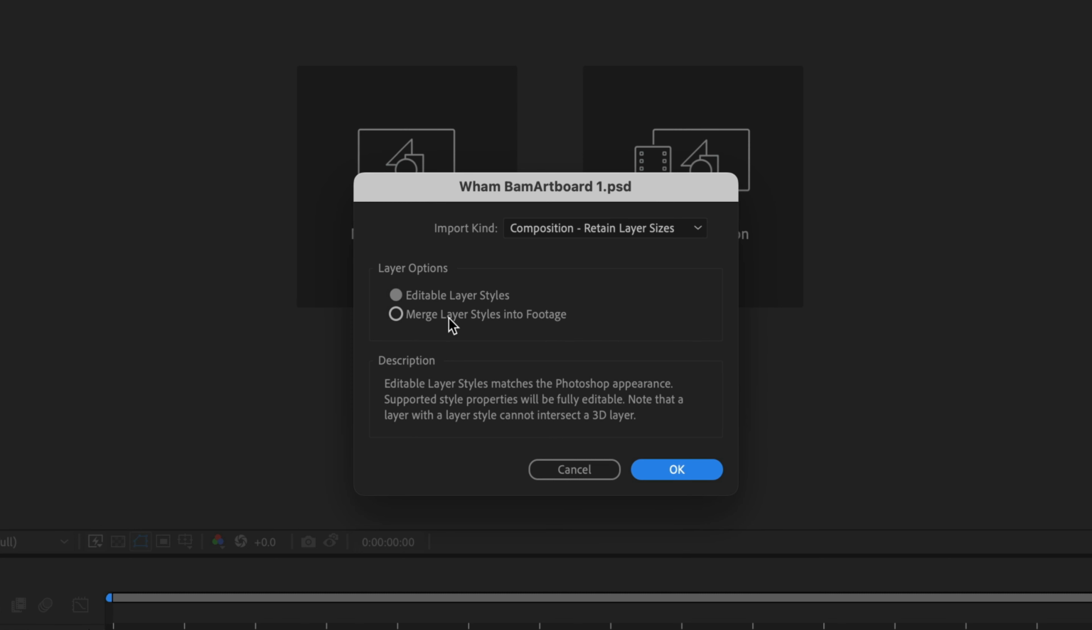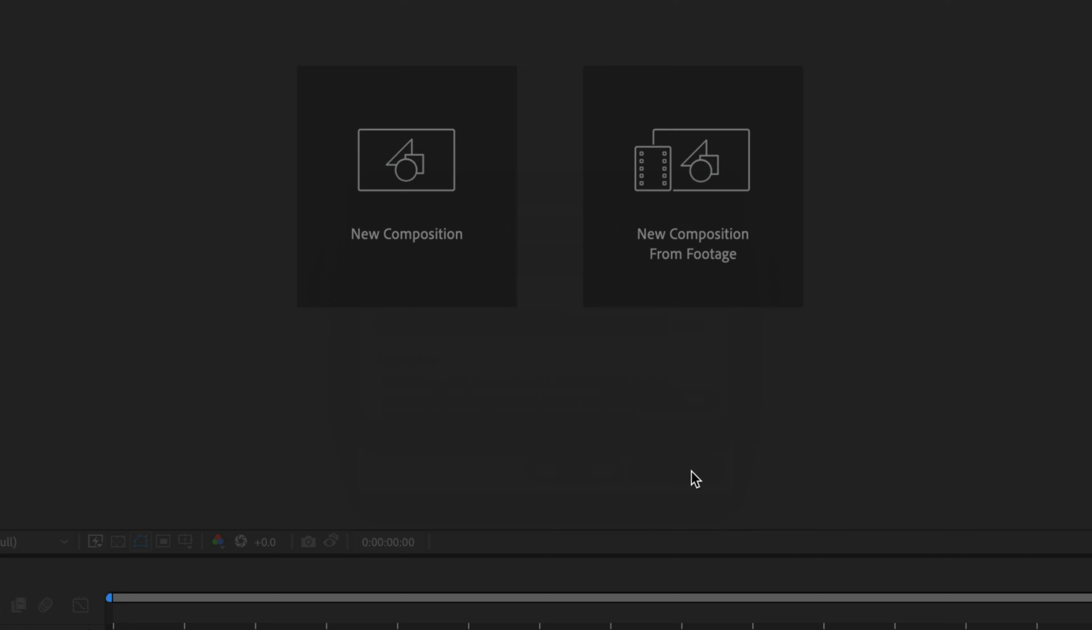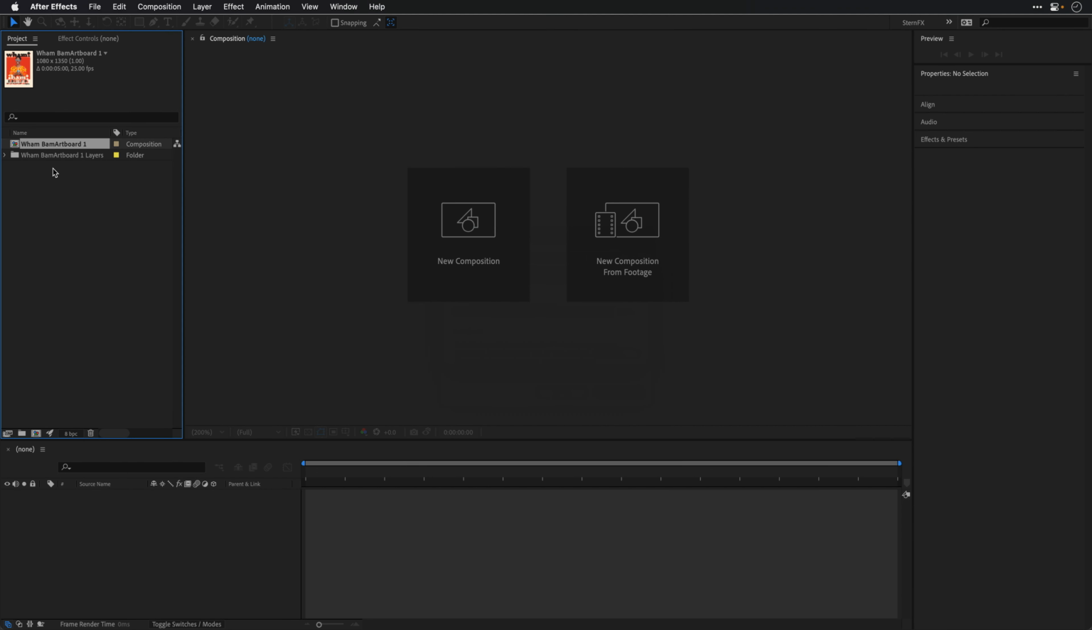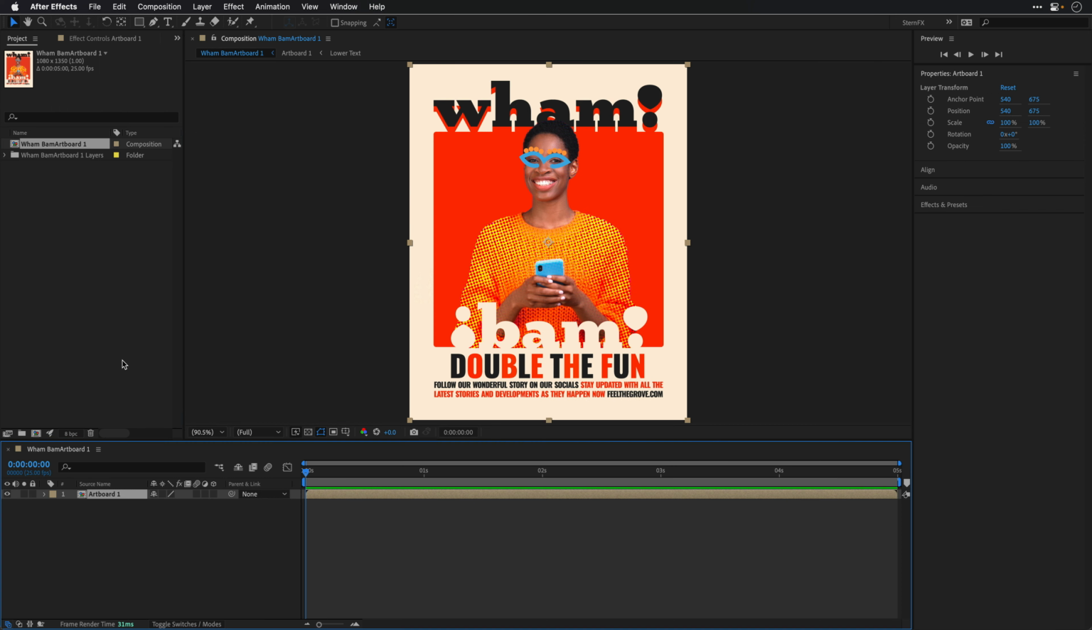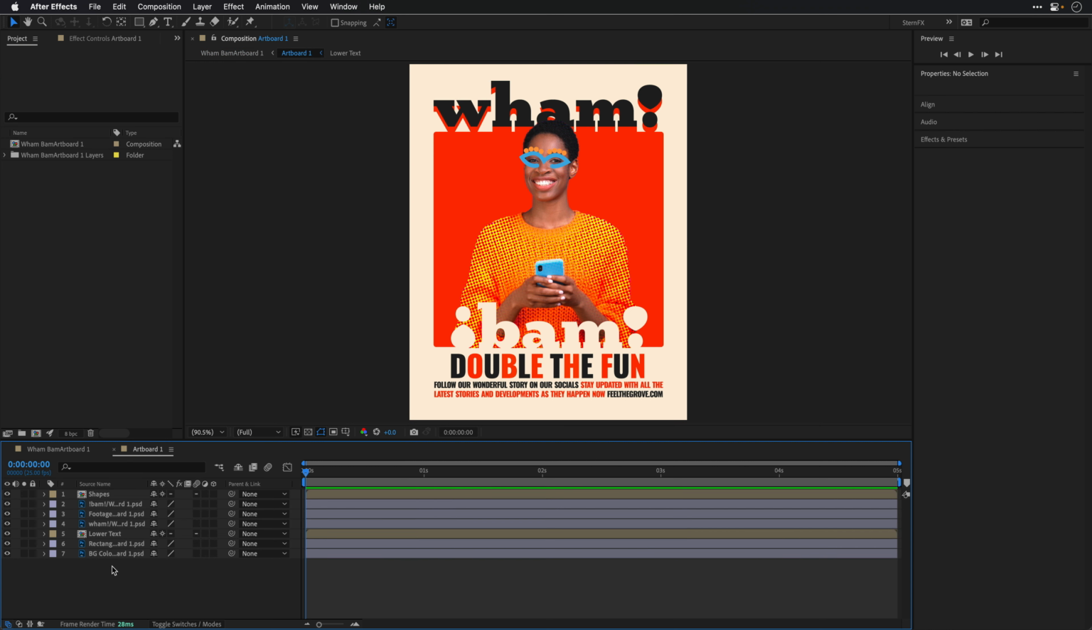One of the ways to work around this limitation is to merge the layer style into the footage, basically render it or rasterize it as pixels. All right, so I'm just going to select this default behavior, click OK, and it's going to open up inside After Effects. Now, if I double click, I will see Artboard 1 as the main comp. If I want to get into all of these layers, I'll need to double click again,